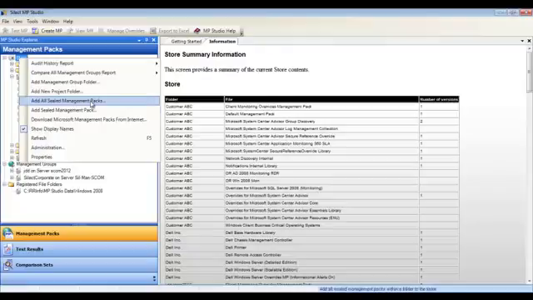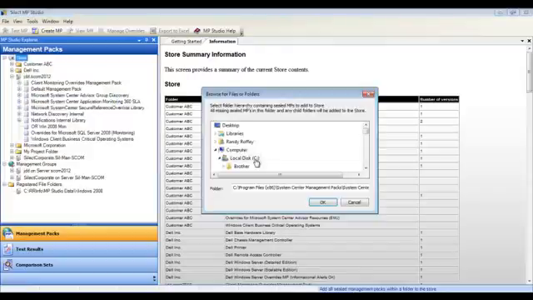The first one is a bulk add of all your management packs. So add all sealed management packs. You just browse to the folder on your hard drive where you've got those management packs, and MP Studio will attempt to check them in. As long as all the references are either in the store or in that same folder,